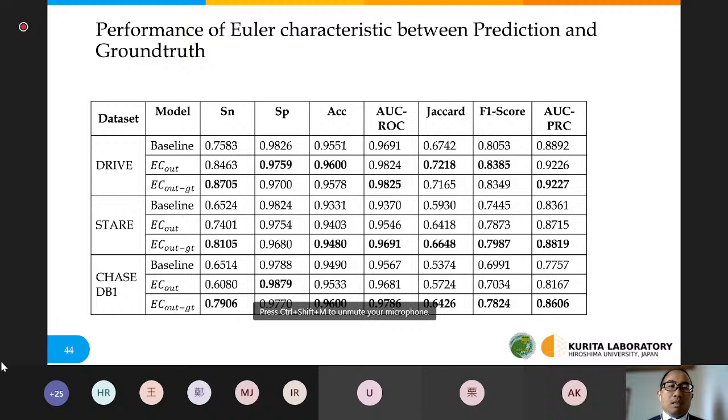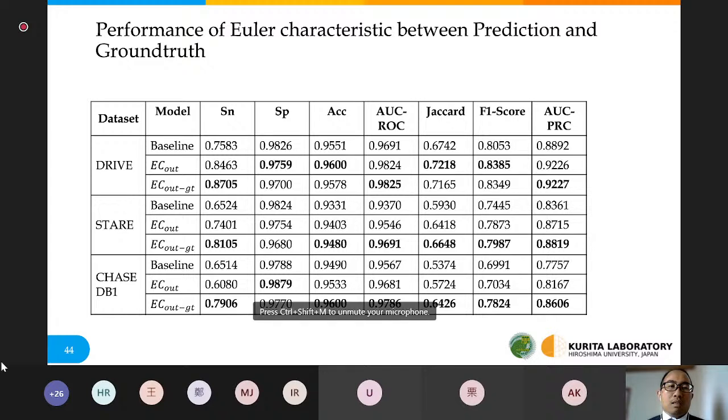Here, baseline means only U-Net without our regularizer, and EC-Pred means we use the Euler characteristic regularizer only on the prediction image, and EC-Pred-GT means we use the Euler characteristic on the prediction image and the ground truth image.